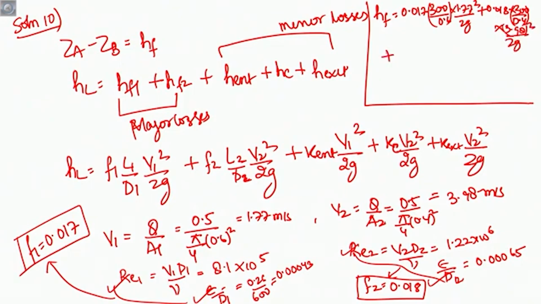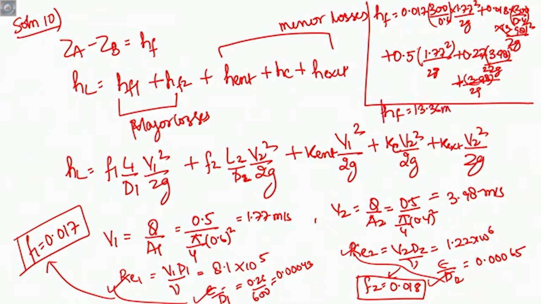These two are major losses, plus minor losses. The entrance was 0.5 into 1.77 square by 2g, and this 0.27 is given to us, or we can look it up in the table, 3.98 whole square by 2g. The last one is exit, so whole energy is going to be lost, so 3.98 whole square by 2g. So if you calculate, in the end the total loss is going to be